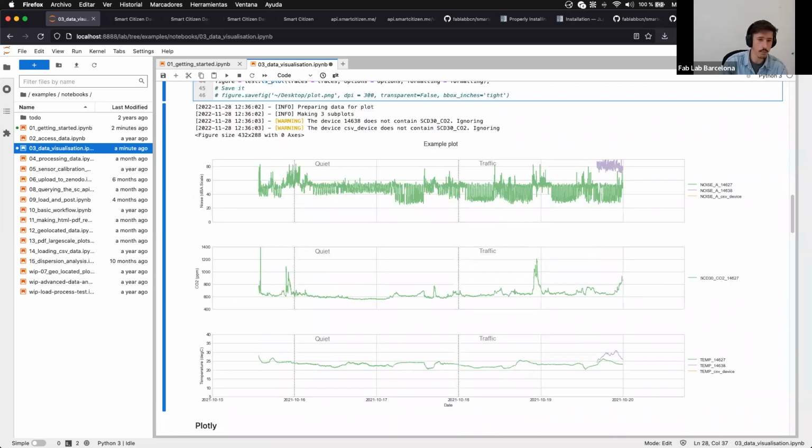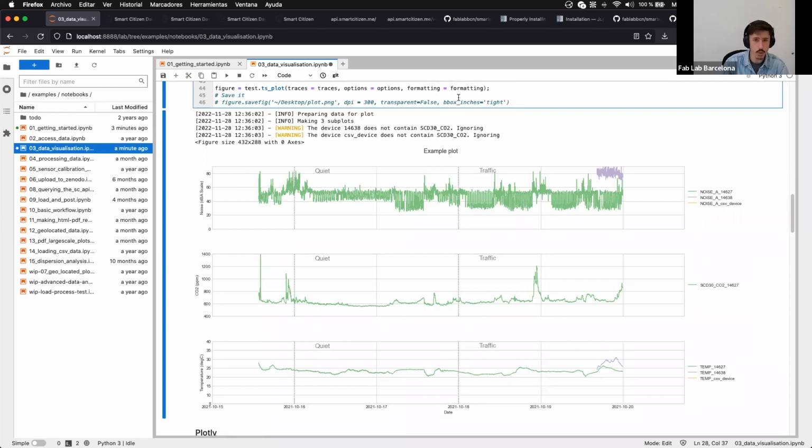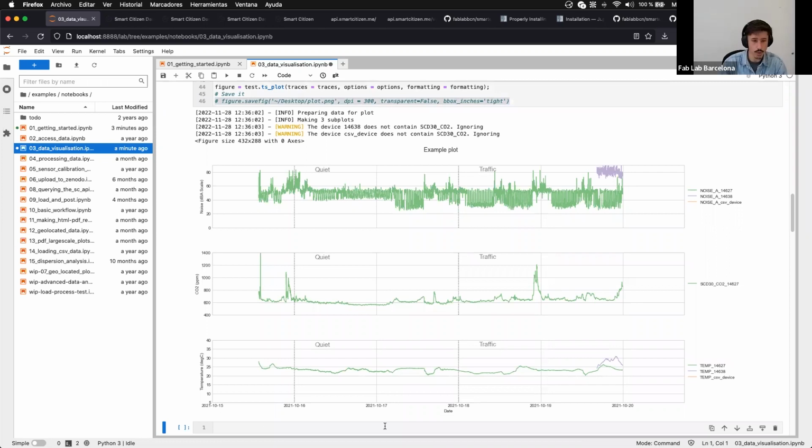So here already we have maybe a nicer looking plot. We have 3 subplots, the noise, the CO2, and the temperature, and some extra annotations that you can customize and move, and already even store as a nice PNG file for you to use